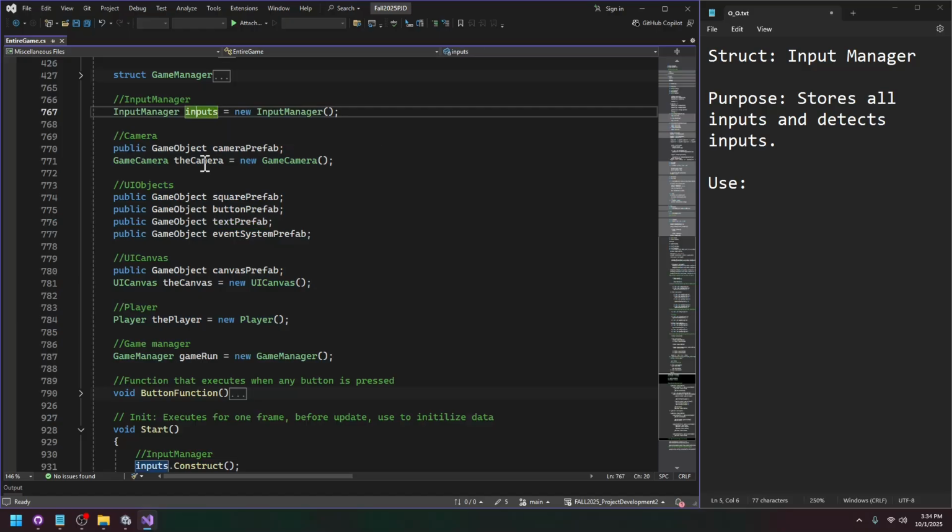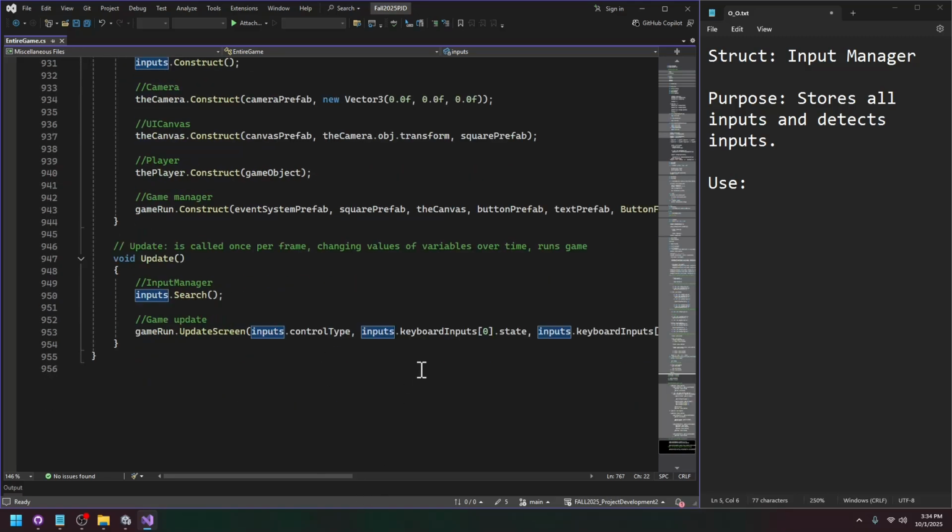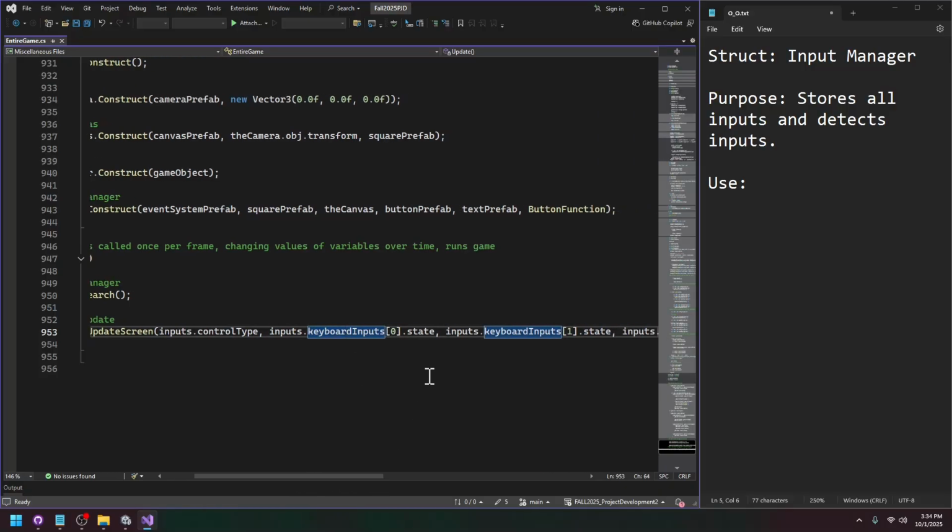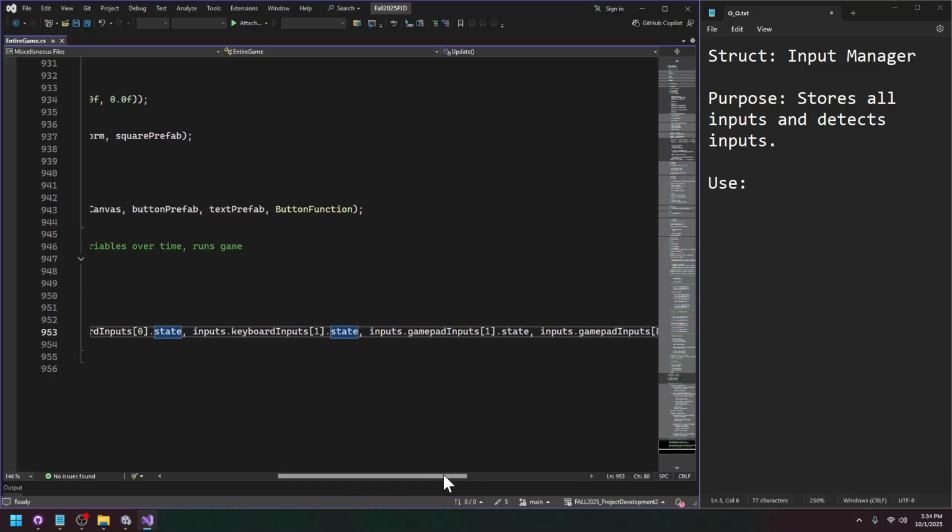So this one's called inputs, the camera, the canvas, game run, the player. So inputs is the input manager, and you do inputs, whatever list of inputs you want, keyboard inputs, for example, here. And then you do dot state, because what we want is the state of the input, but not the actual input, because those are different things. So here we have keyboard inputs and then gamepad inputs, same thing. And we just put the index of the specific